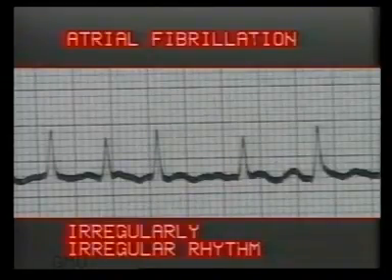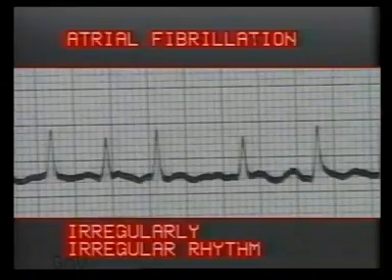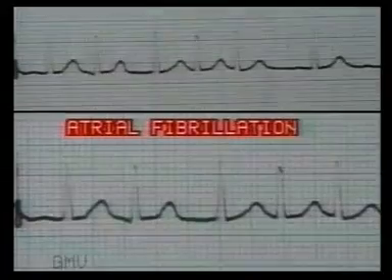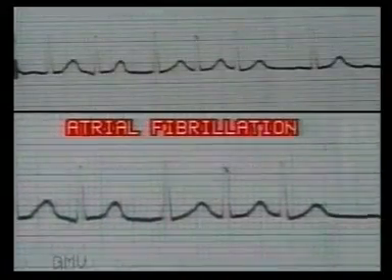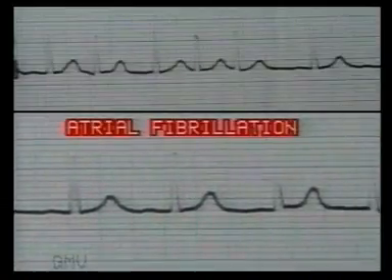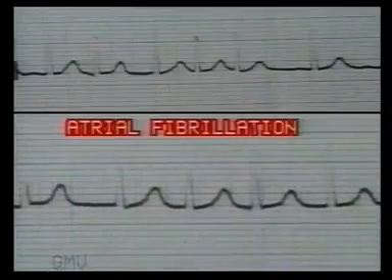In this ECG, the QRS complexes are seen at irregularly irregular intervals. There are no P waves preceding the QRS complexes, and the baseline is finely irregular as if vibrating. This is atrial fibrillation. Note the finely irregular baseline and irregularly occurring QRS complexes. This ECG shows irregularly irregular rhythm. Fibrillation waves are not seen, but very notable feature is the absence of P waves.